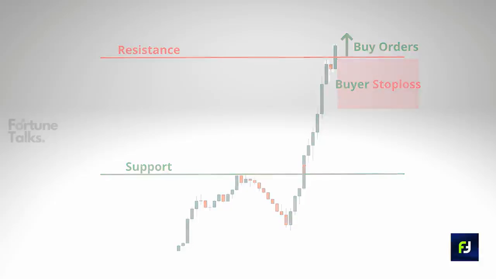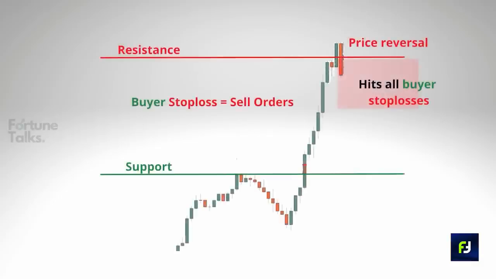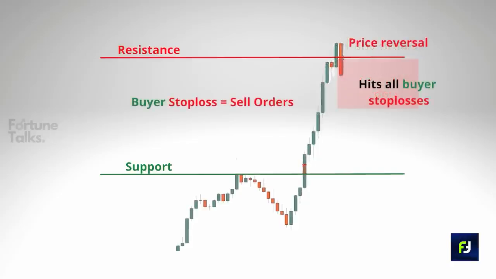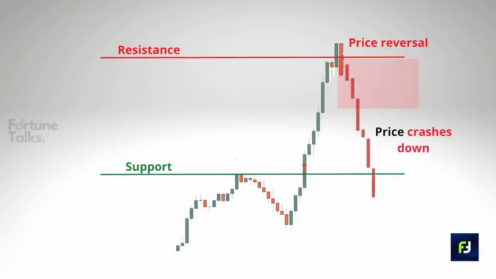What is the importance of this? Now what this means is that if the breakout fails, it is going to hit all these clusters of stop loss orders that are placed under the resistance. And what exactly are these clusters of stop loss orders that are waiting under the resistance level? They are simply orders to exit the market or square off the positions which were kept by those breakout traders who went long on the stock. This in turn means that these are actually sell stop loss orders which will induce further selling pressure in the